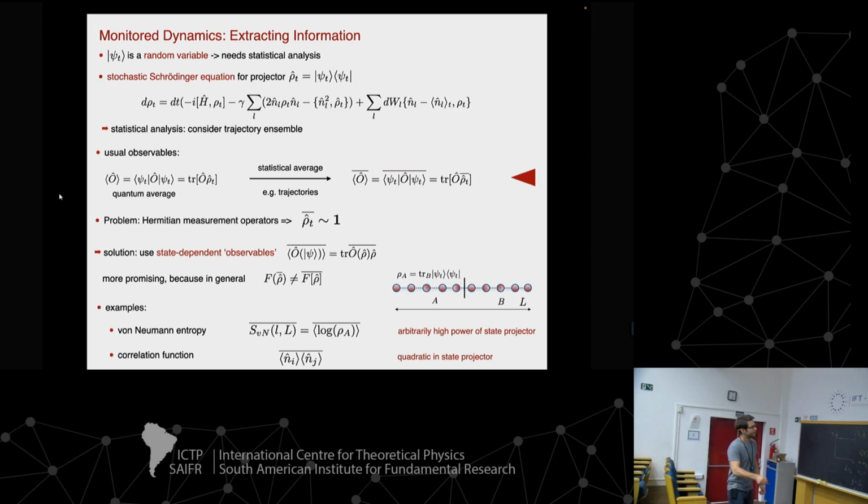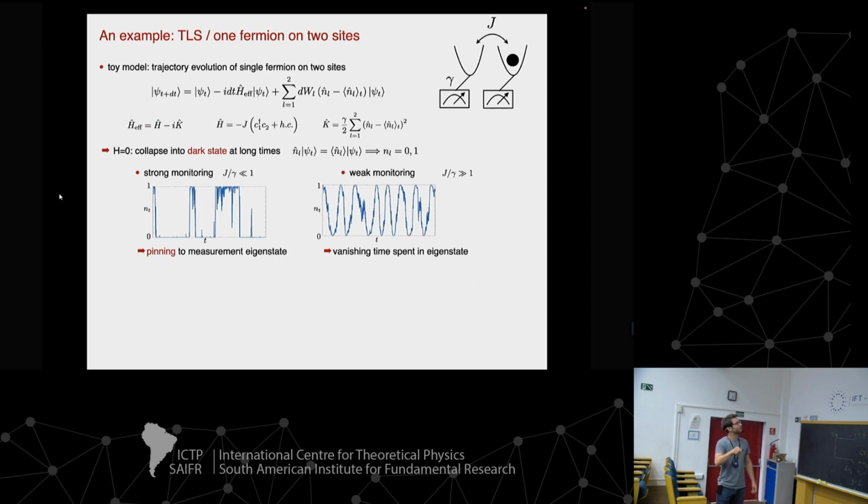Okay, and another example, let's maybe not be so greedy, is this correlation function here, which would be quadratic in the state. Here is an occurrence of rho, here is another occurrence of rho, so conceptually this is quadratic in the state, and only after building this do I do the average. Okay, I'm going extremely slowly, but still, last piece of intuition, then we go into the concrete model here.